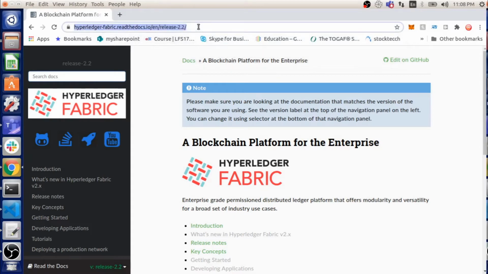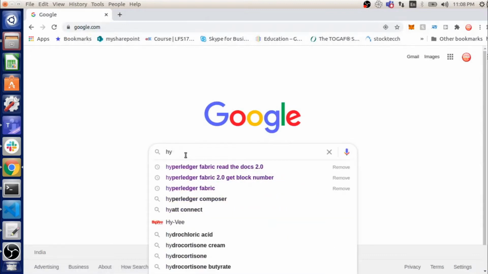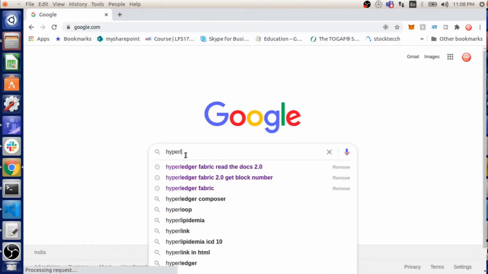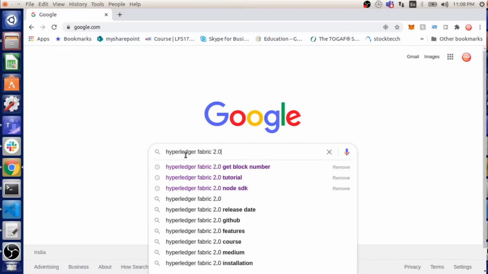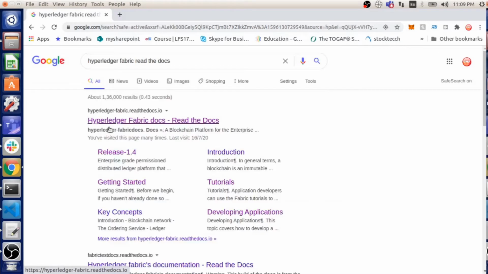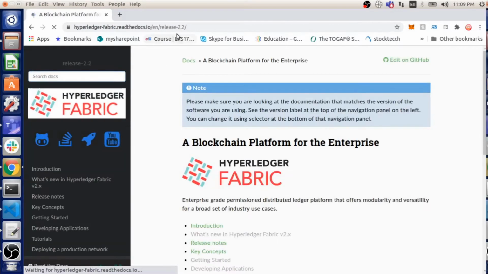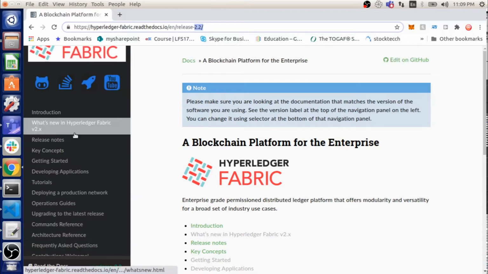To reach there, you can just go to Google and search Hyperledger Fabric 2.0. Let's say Hyperledger Fabric read the docs. You will get that first link. Make sure this is 2.2, that is the latest version. Check for this. Once you have it, I recommend you go through all